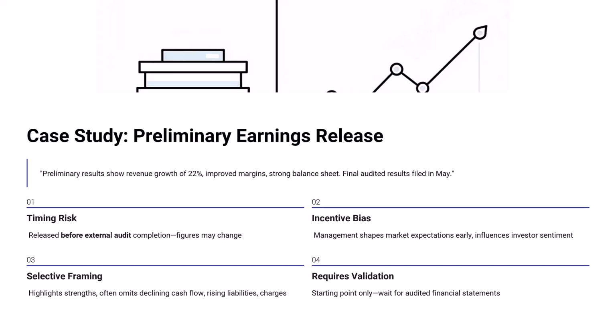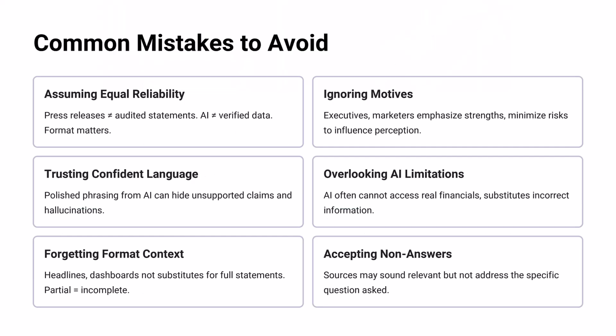Analysts should wait for the audited financial statements filed later to form reliable conclusions. Source evaluation helps you avoid treating management's early promotional summary as confirmed financial fact. Let's review 6 common mistakes people make when evaluating sources. First, assuming equal reliability. Press releases are not the same as audited financial statements, and AI is not verified data. Format matters